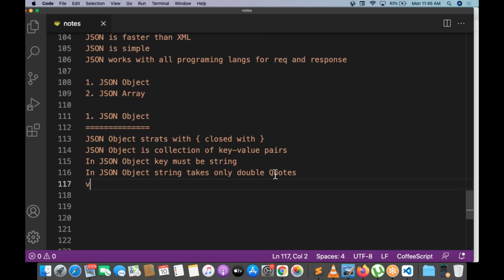Every key value pair is separated with a comma, and the last key value pair does not have a comma.